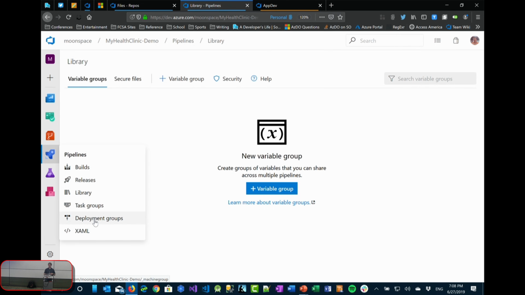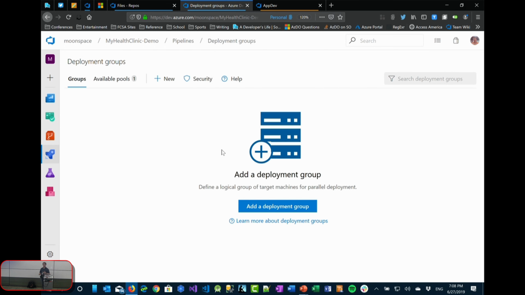Same with task groups. Deployment groups: maybe you want to deploy to some environment, and I'll say prod, but maybe your production environment has an 8-node cluster. Well, rather than deploy to node 1, then node 2, then node 3, then node 4, you can set up deployment groups and actually deploy to multiple nodes essentially concurrently. So just making things a little nicer, and there's various other patterns you can use and things like that.